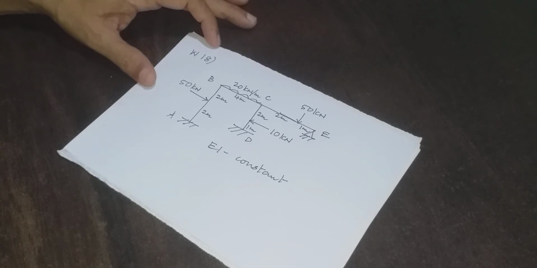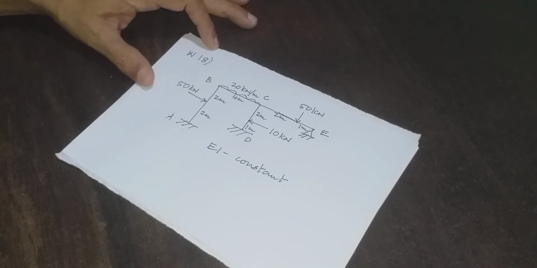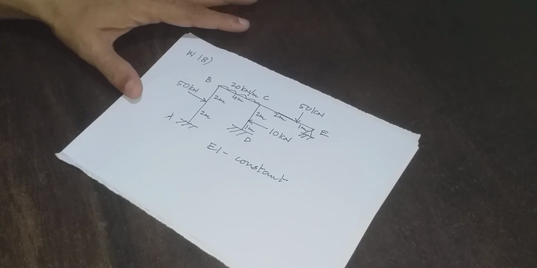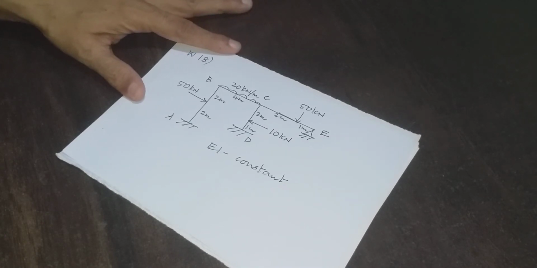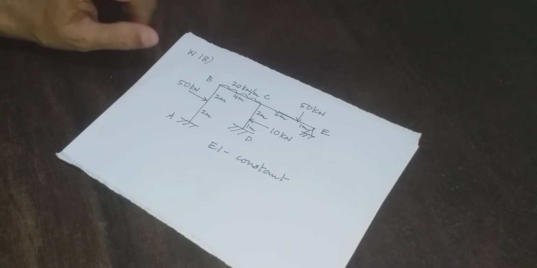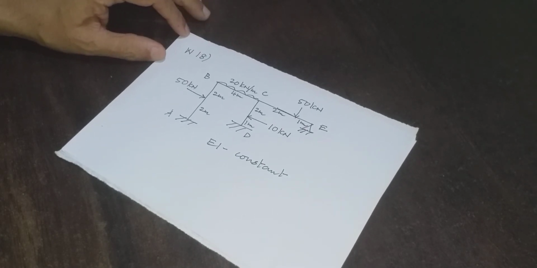So this is Winter 18 numerical. It was for 13 marks. Analyze the frame and find the end member forces using stiffness method, and neglect axial deformation. That was the wording used, which gives us an idea that we have to analyze it using direct stiffness method. If at all we want to neglect axial deformations, there is no other option but to use direct stiffness method,